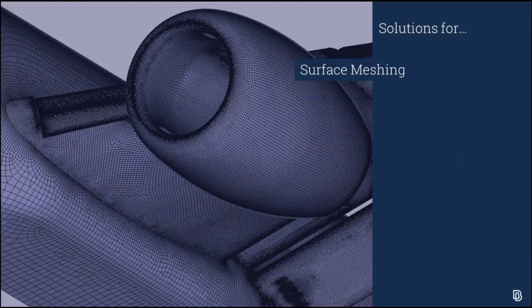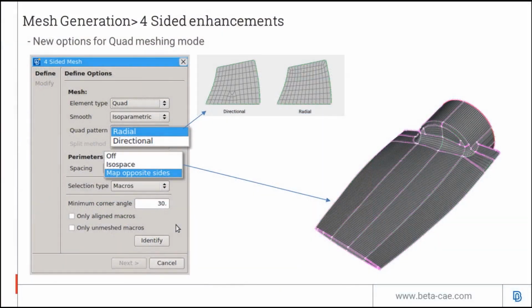Moving on to surface meshing. The function mesh generation four-sided has been enhanced with some new options, specifically when quad element type is used and the number of nodes is not aligned so as to give a pure map mesh. The user can select where to position the transition pattern of quad elements. Also, a new option has been added for perimeter spacing so that ANSA will automatically align all perimeters so as to create a pure map mesh, if this is possible, of course.